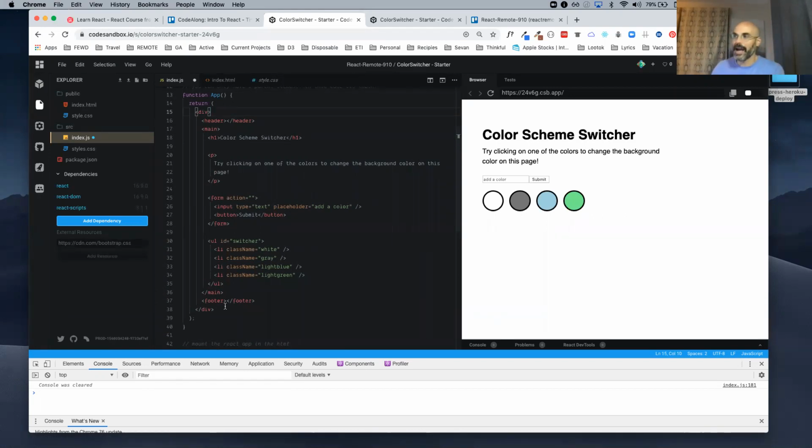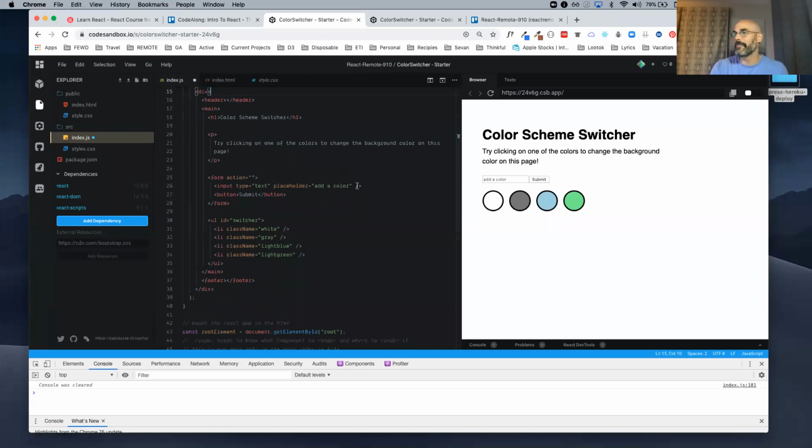Main could have had 1,000 children. Div can have 1,000 mains if it wants. Doesn't matter. But we can only have one top level parent. Okay. Another thing, I think it may be a little forgiving.